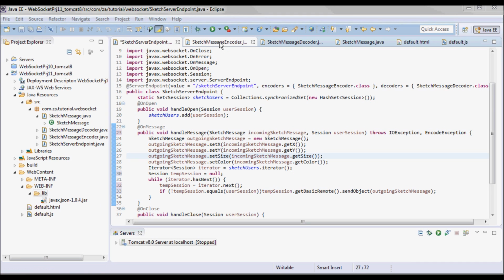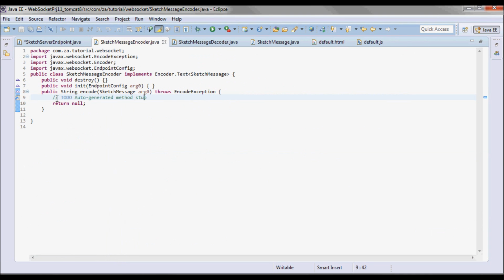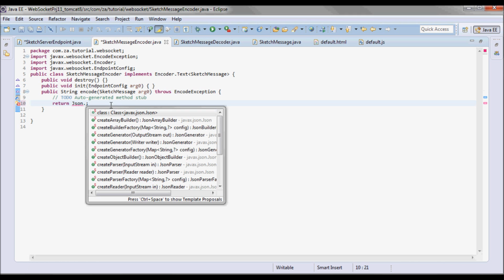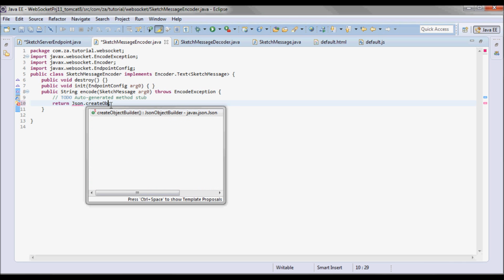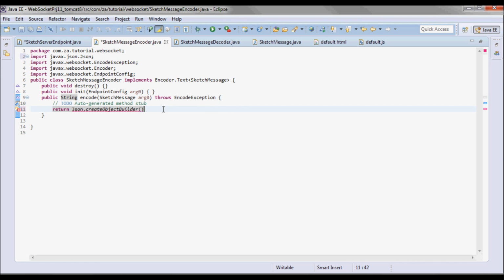Now going to sketch message encoder, I'll return JSON dot create object builder, which would return a JSON object builder. And on that JSON object builder instance, I'll do add the x coordinate.